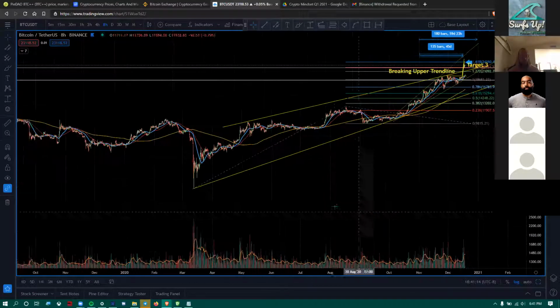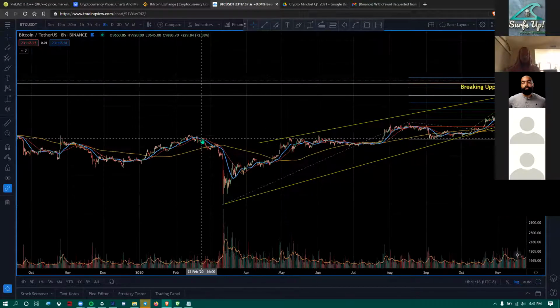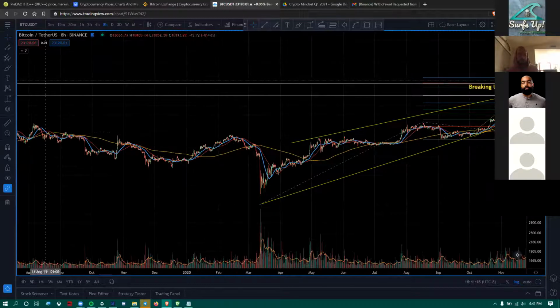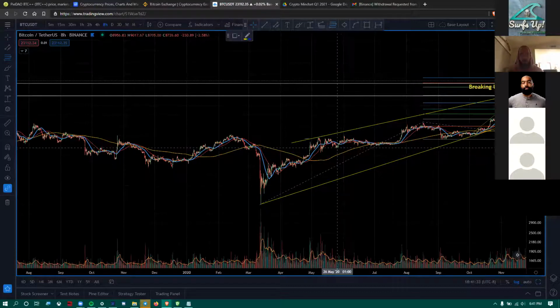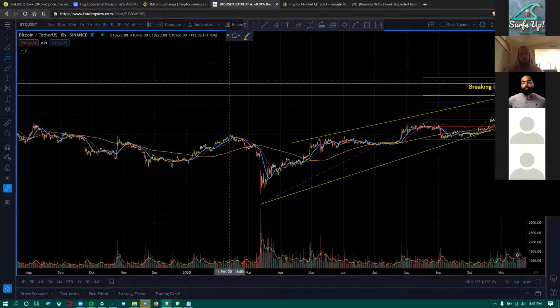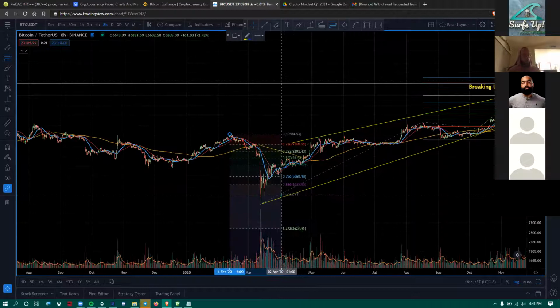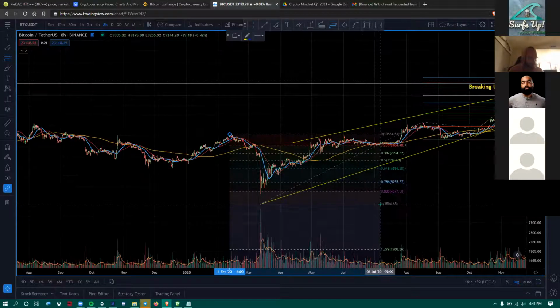So we'll do a Fib retracement of this major high to this major low. The Fibonacci retracement tool is this one with all the lines. It is under right here, Fib retracement. So if you come to a major high and you come down to a major low,